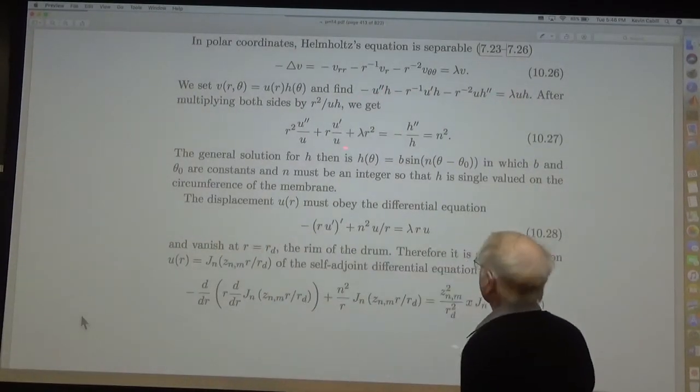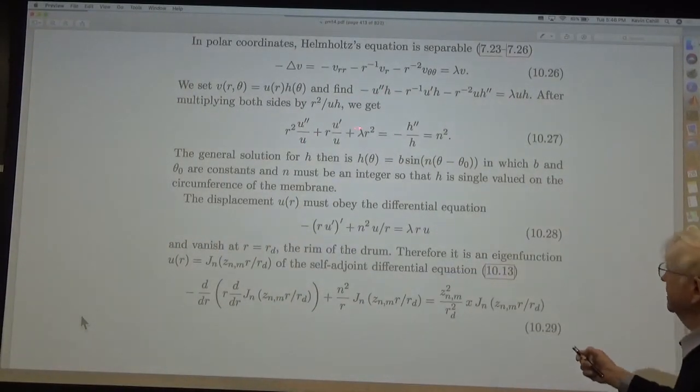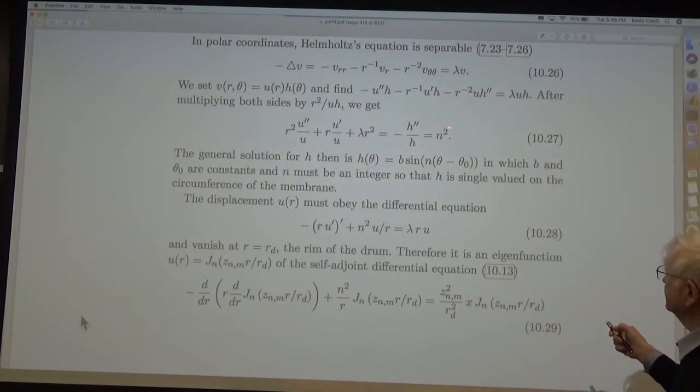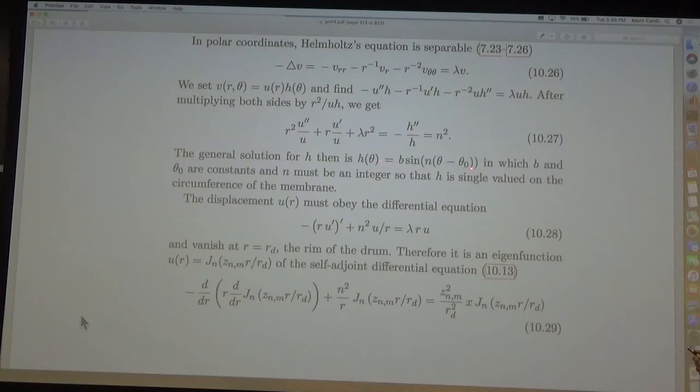this expression dividing by UH. You then get a function of r equal to a function of theta, and they both have to be a constant n squared. And so the solution for H is very simple. The solution for U is something that has to satisfy Bessel's equation, and when one writes it then in this form, where R_D is the radius of the drum, and